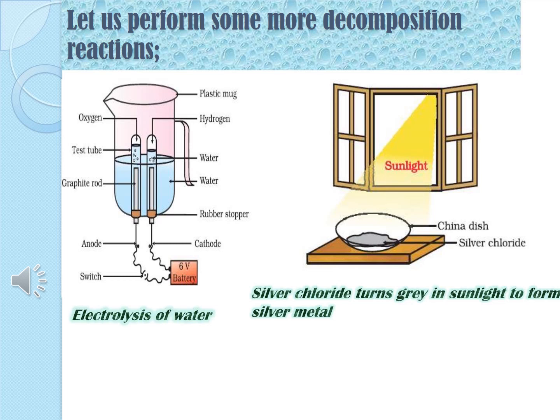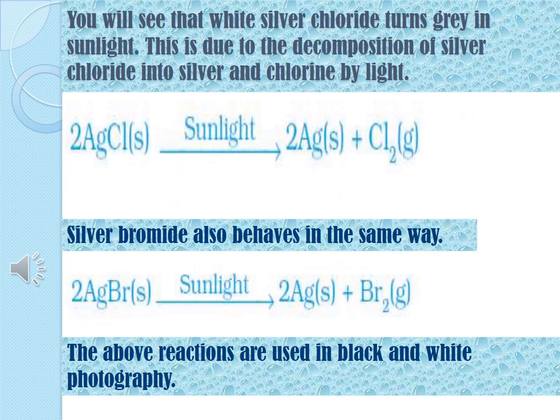The second diagram shows the next type of decomposition reaction, that is photodecomposition reaction. It means the decomposition due to sunlight, or we can say light. The meaning of the term photo means light. So if the decomposition takes place due to light, then it is called photodecomposition reaction. Some examples of photodecompositions are